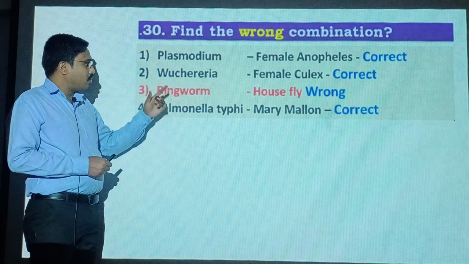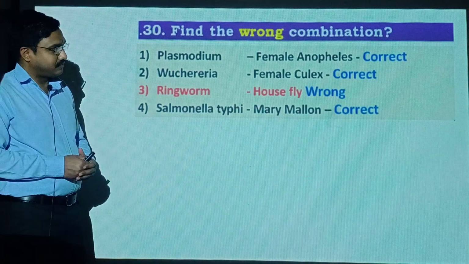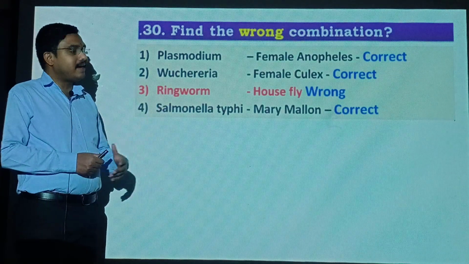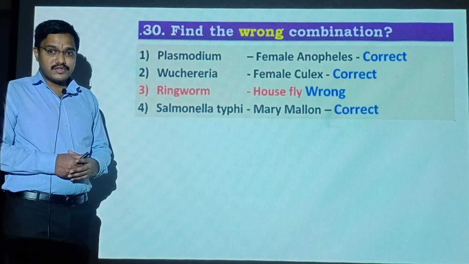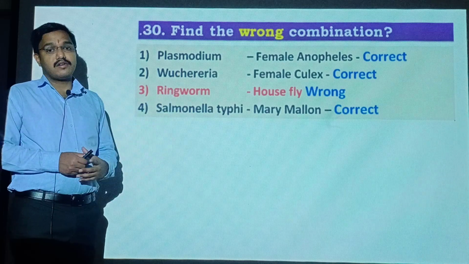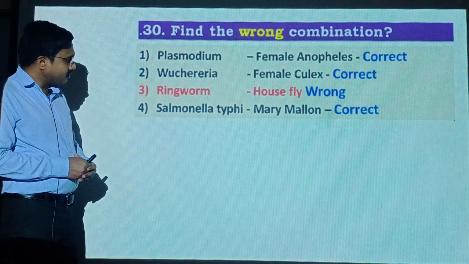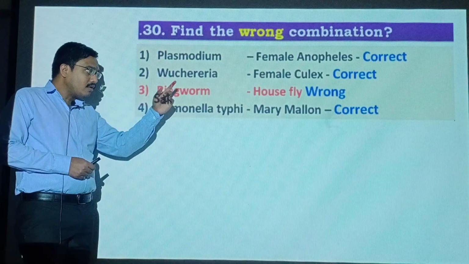Second option, Wuchereria and female Culex. This also correct, because Wuchereria causes elephantiasis. The vector of elephantiasis is female Culex mosquito. But if you see the option 3, ringworm housefly,